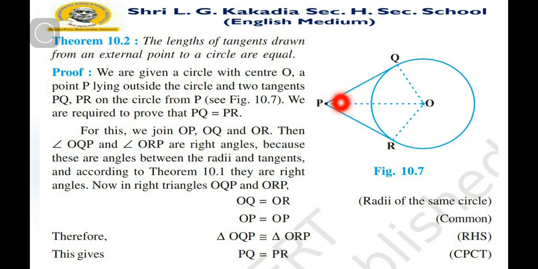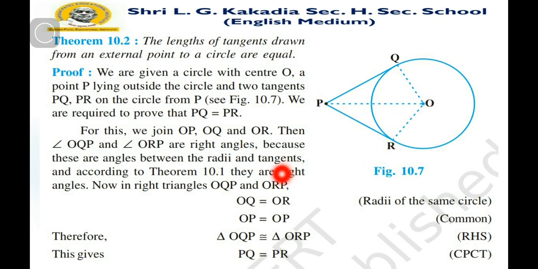Here we join OP, OQ and OR. Then angle OQP and angle ORP are right angles because these are angles between the radius and tangents. And according to theorem number 10.1, as we have discussed, they are right angles. Now in right angles